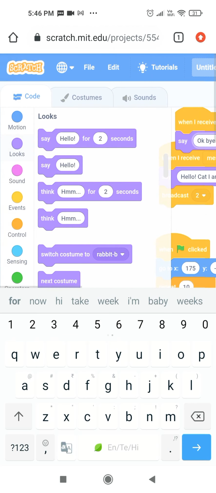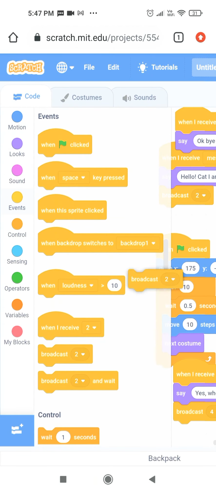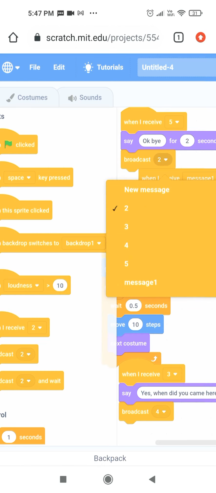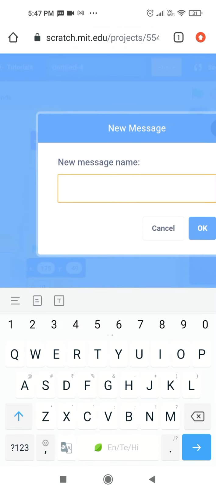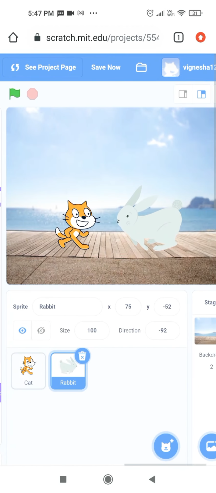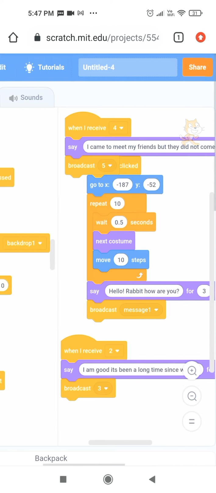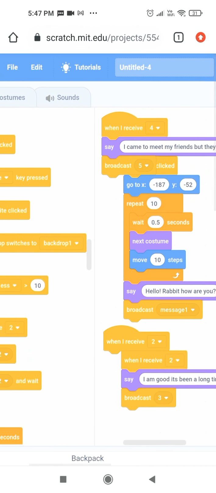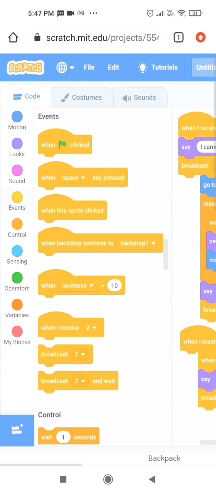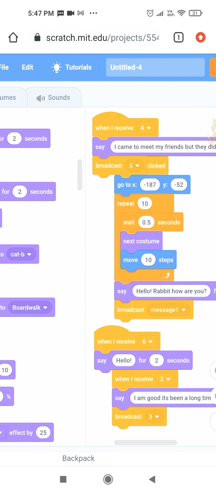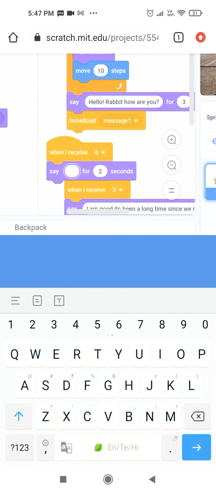And broadcast message number 6. Create a new message 6 and go to cat. When I receive message number 6, say bye. In this way, we can create many more conversations.